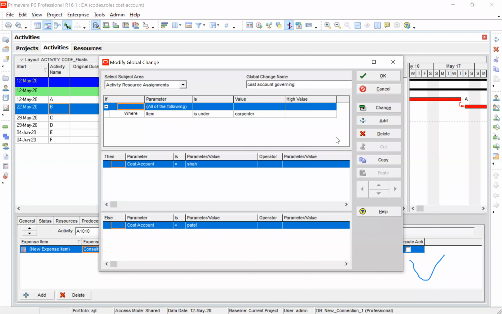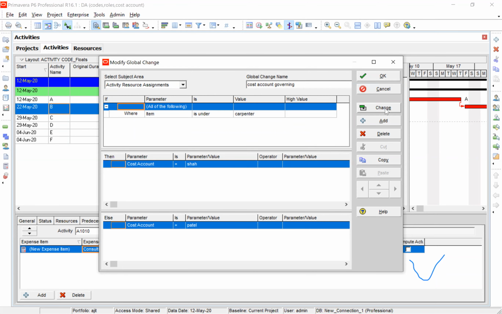I say that when the item is under carpenter, then cost accountant is equal to SA. Otherwise, it is an if condition: if it is true, then SA; if it is false, then Patel. That means if the item is under carpenter, the cost accountant will be SA. If not, then this.